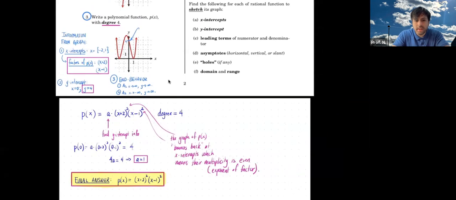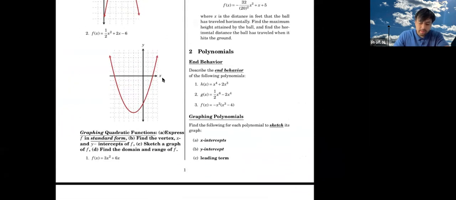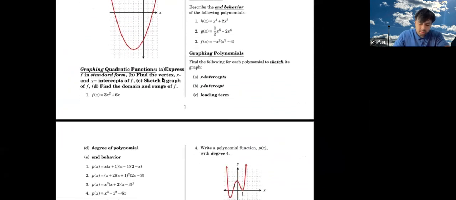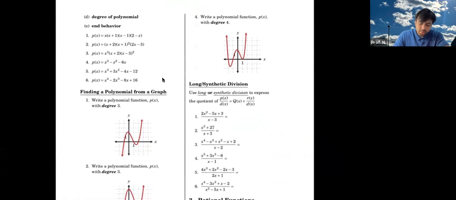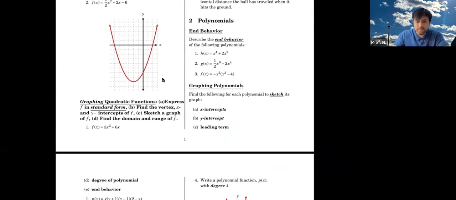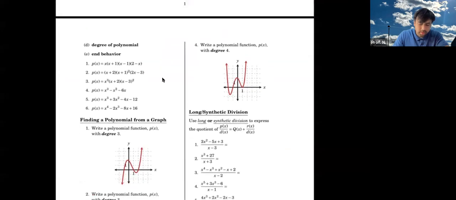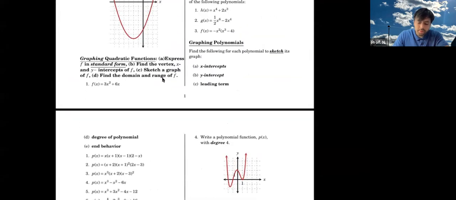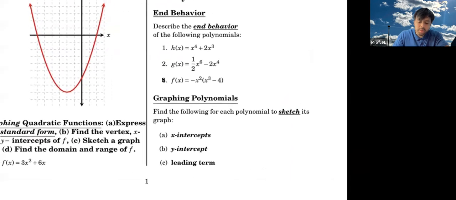Jaskirat says number 2 from polynomials. So number 2, which number 2, Jaskirat, are you referring to? Because there's several number 2s under this one. Are you talking about end behavior, graphing polynomials? Oh, end behavior. Okay. So end behavior